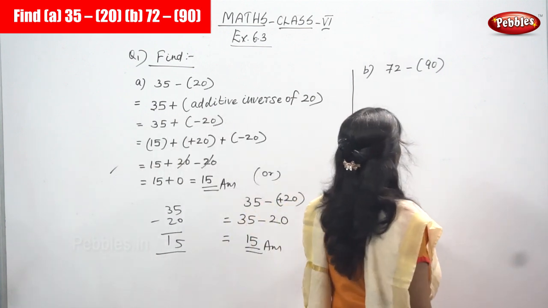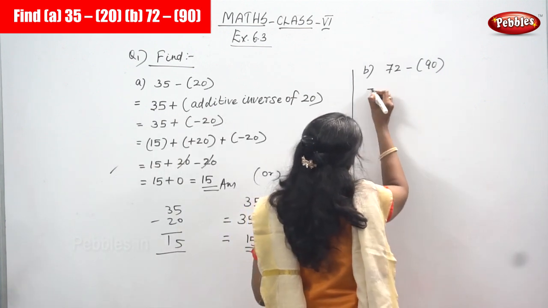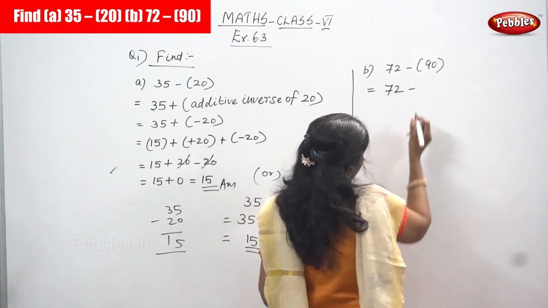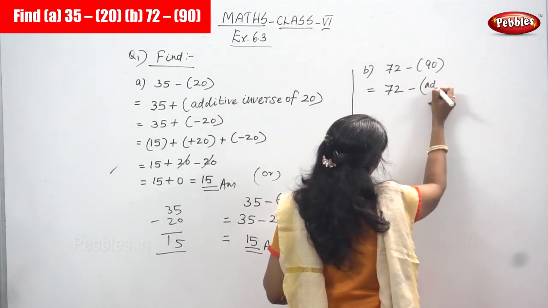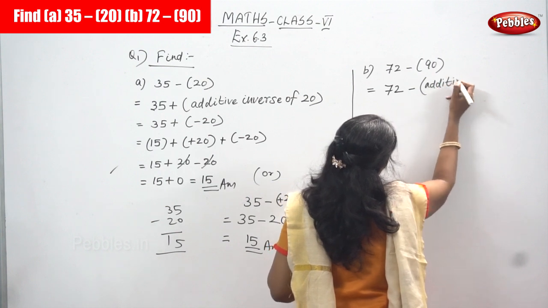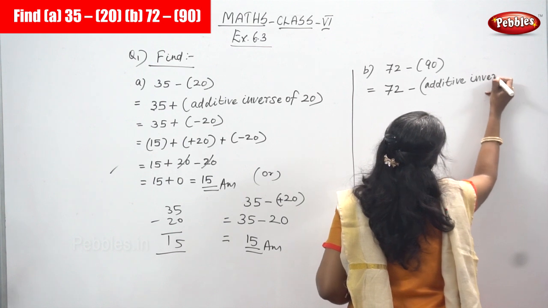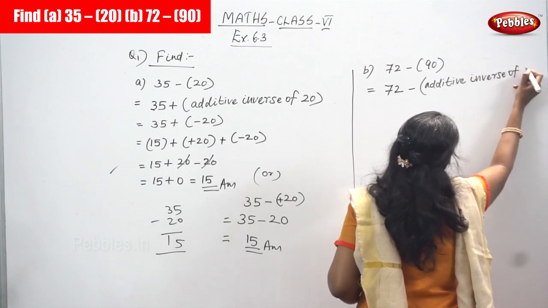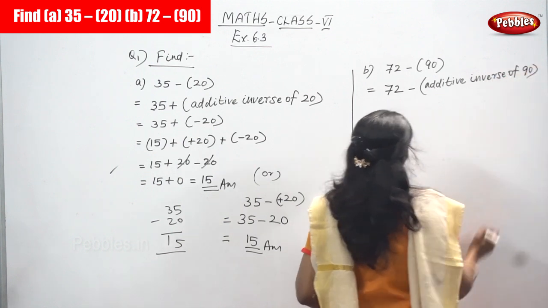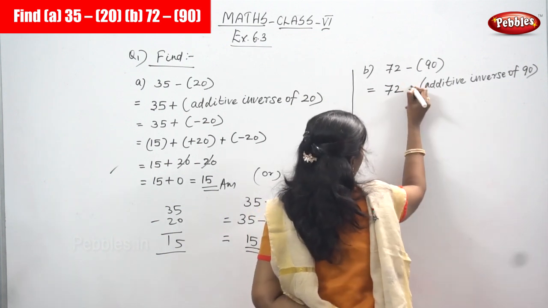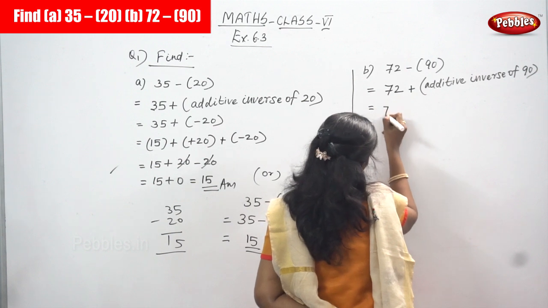Okay. The second sum, 72. You have to write 72 as it is. Then minus. Then you have to write the additive inverse of 90 within the bracket. So here what you are going to do, this minus becomes, I have told you, it's plus, so 72